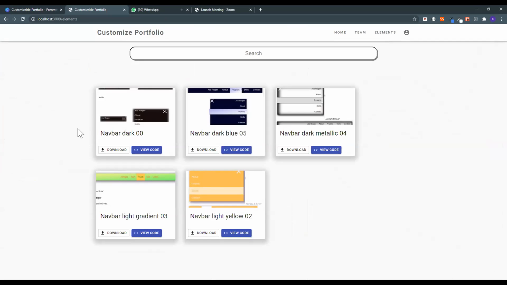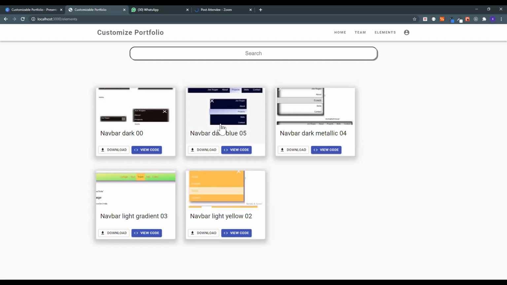The components can be searched by their name or their design type, such as dark, or even by their numbers. What do the numbers represent? Numbers are basically themes. So 02 will mostly be light themes, and 00 will mostly be dark themes. So if people search for 00, they'll get elements for all the dark nav bars, sections, and footers, and they can create a website very quickly by just getting those elements.